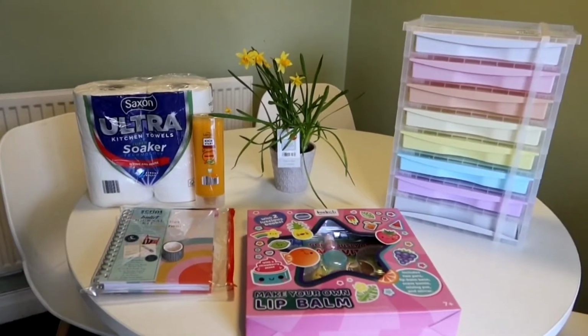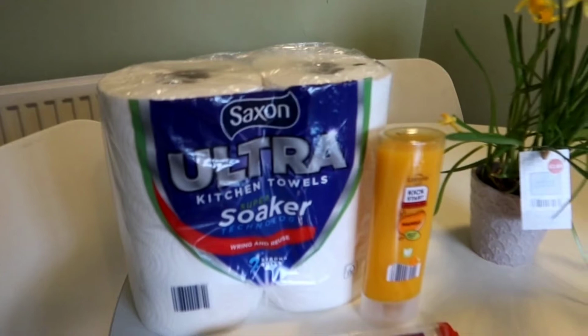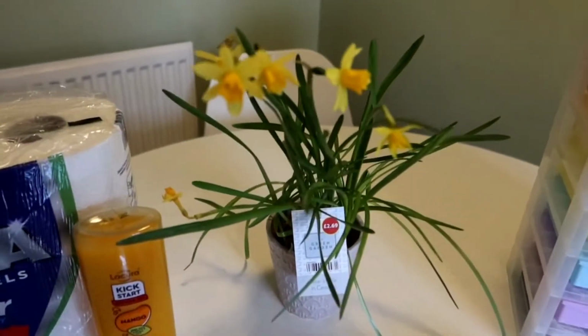Now for the special buys, and this is where I kind of lost it this week. Okay, so these were my special buys and just a couple of bits that I forgot. So I also got some kitchen towel and some shower gel,